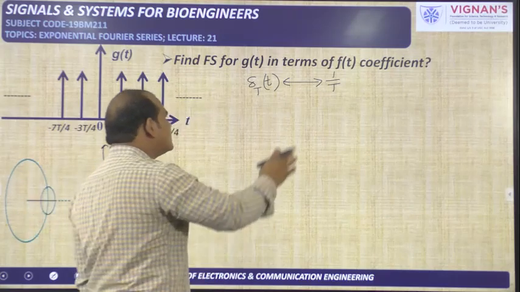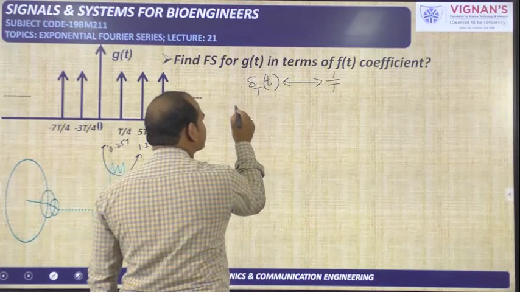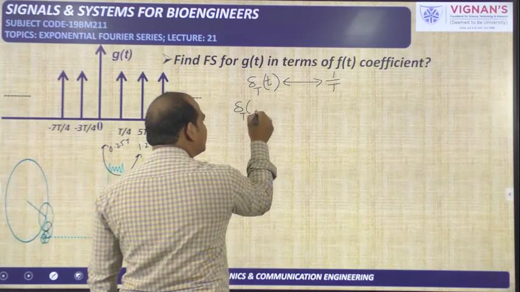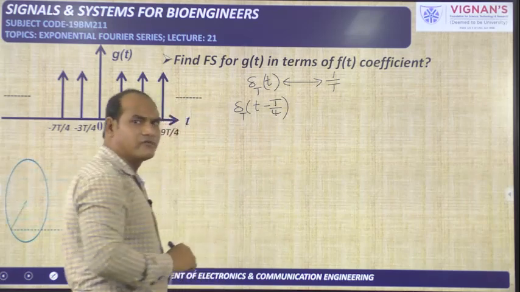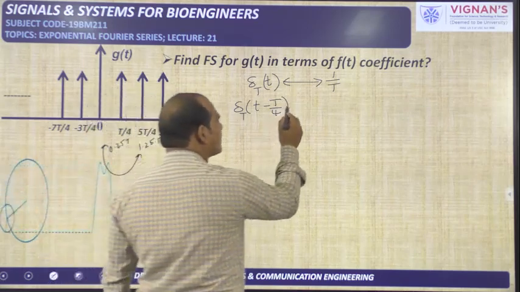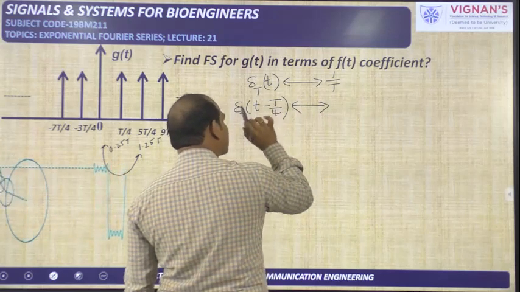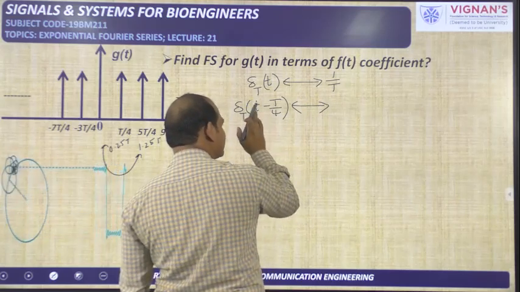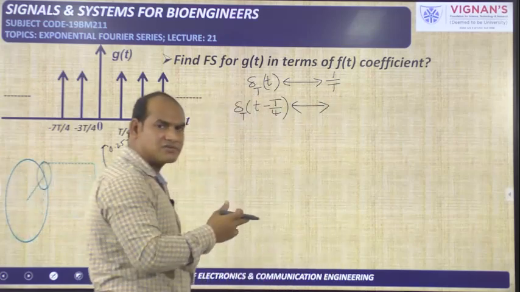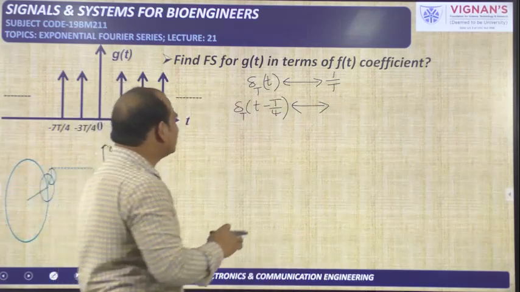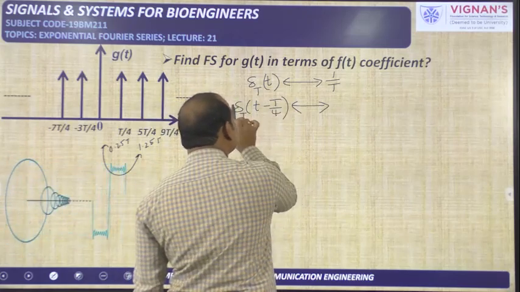Now for this impulse train we have done some time shifting operation, that is delta T of t minus T by 4, like this we did. For this one, what coefficient do we get? Without performing the actual method, without using the Fourier series coefficient formula also, we can write the answer here. That is what I explained in that property: without shifting, this signal is nothing but delta T of t.